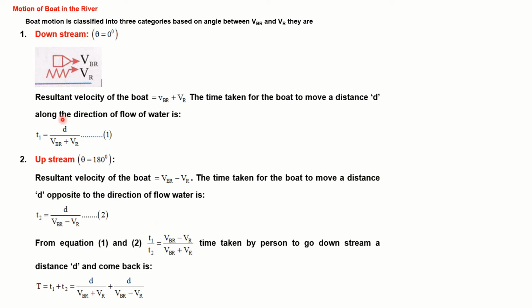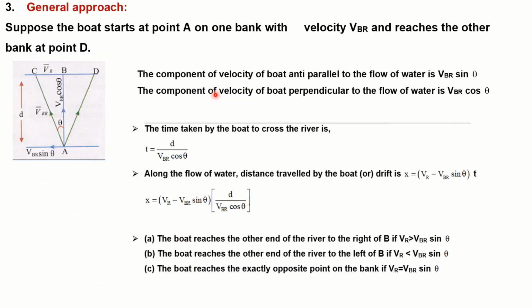By dividing t1 and t2, students, we could get this. And the time taken by the person to go downstream a distance d and come back the same distance d is the total time t1 plus t2, which is equal to d by (V_BR plus V_R) plus d by (V_BR minus V_R). And here you can see